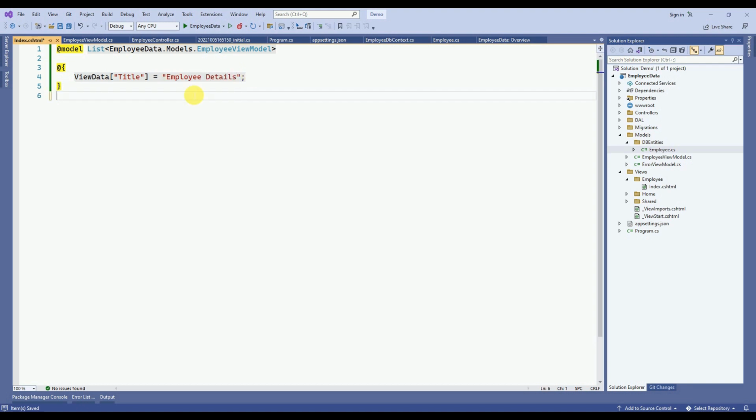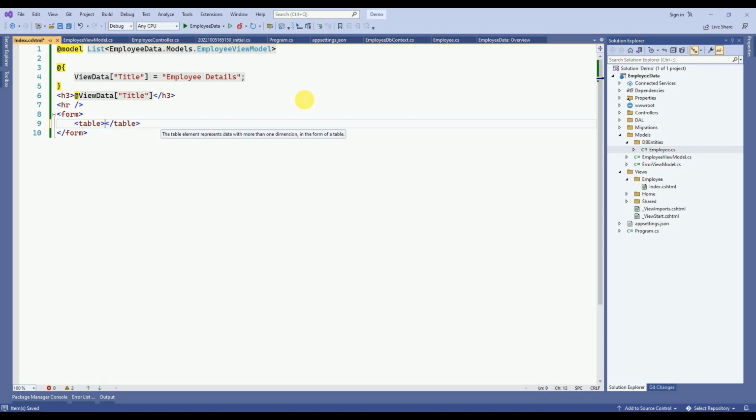Employee details. Here I am going to add h3 tag to display the title. After this I am going to add one horizontal row for the separation. Here I am going to add form. I'll create one table and I'll add bootstrap styles to this table